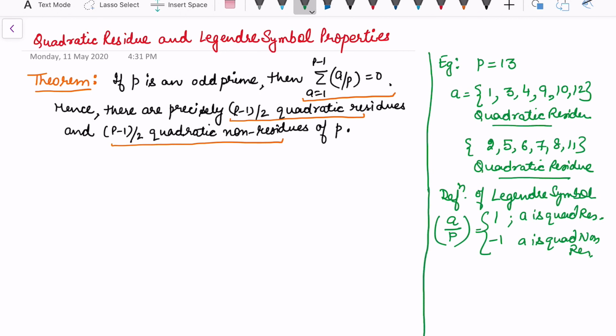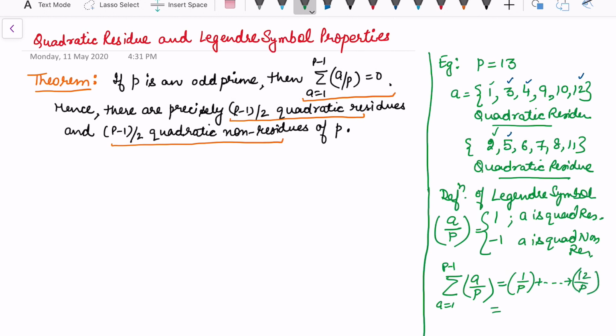So if I look at this example and I want to verify the summation of A by P, we can run this value A from 1 to P minus 1. So whenever A is 1, whenever A is 2, whenever A is 3, and so on, these are the values 4, 5, all running till 12. And that means whenever I substitute these values, I am going to get this quantity as 1 by P plus so on up till plus 12 by P.